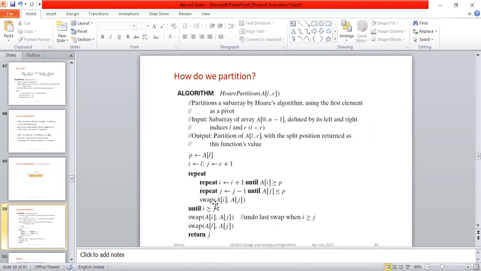So if it is less than pivot, you swap A of I and A of J, and repeat until I is greater than or equal to J. Once you finish with the left and right subarrays, swap A of L and A of J. So when the left subarray elements are greater than the pivot and the right subarray elements are less than the pivot, you swap A of I and A of J. So that is the